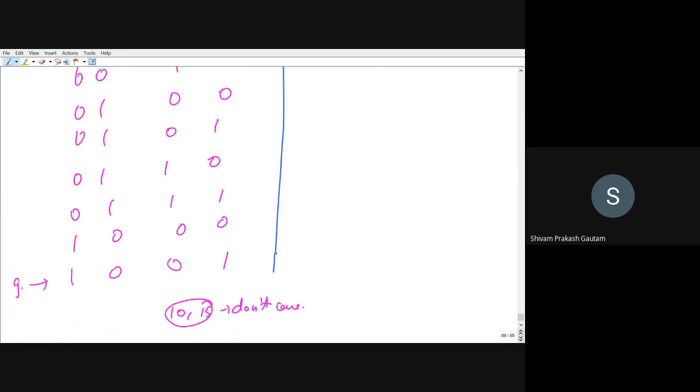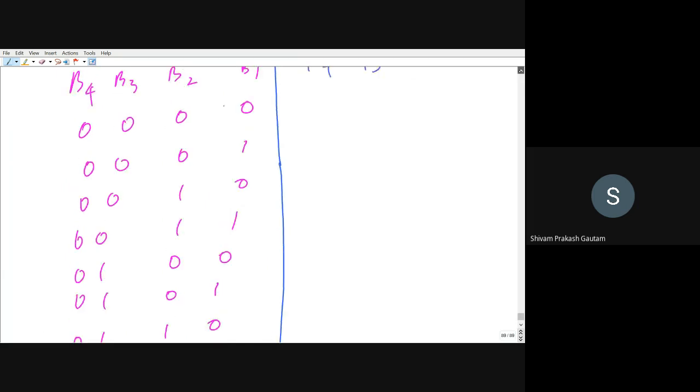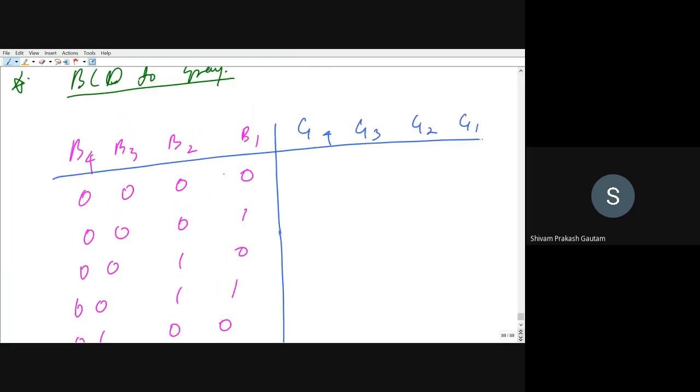How to write the gray code I have already told you. You can start with the LSB, and then you can move ahead. So this will be 0, 1, and for this one place has been used, so we will go for using 2 bits. So this will be 00, 01, and then this will be the mirror image, that will be 11, and 10. Now this is 2 bit we have used. Now we will go for 3 bit.